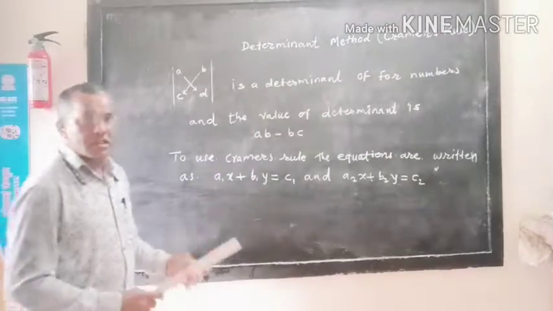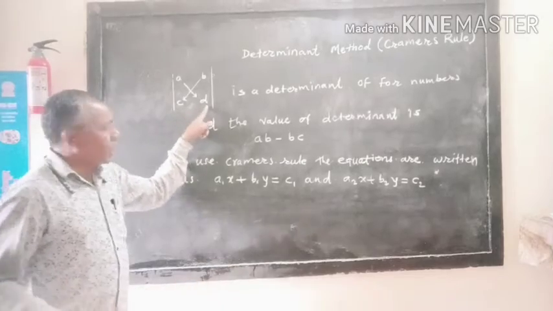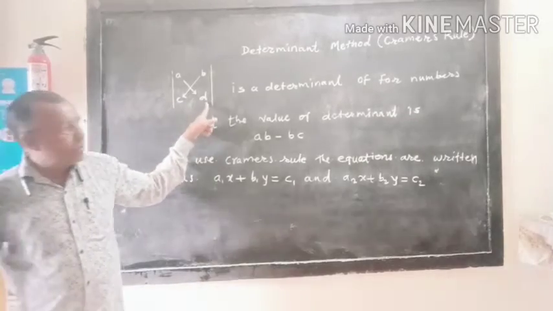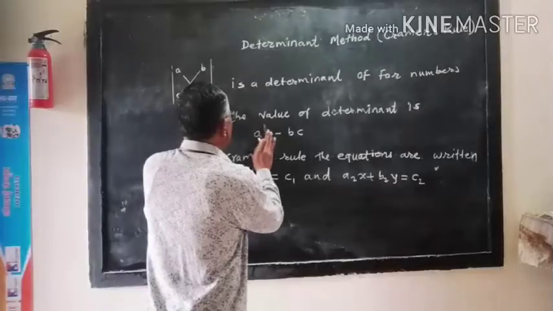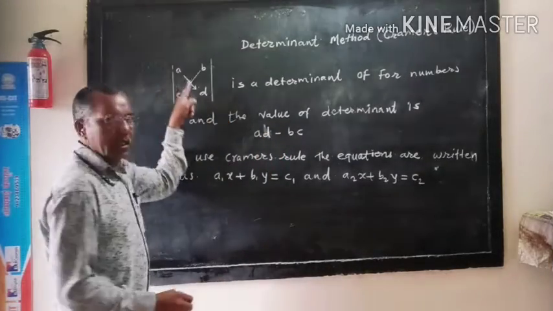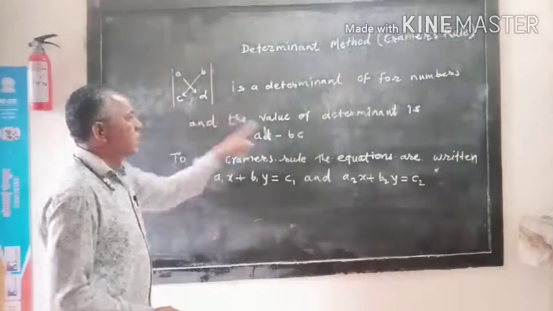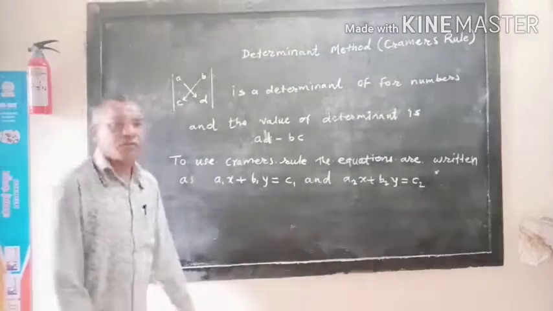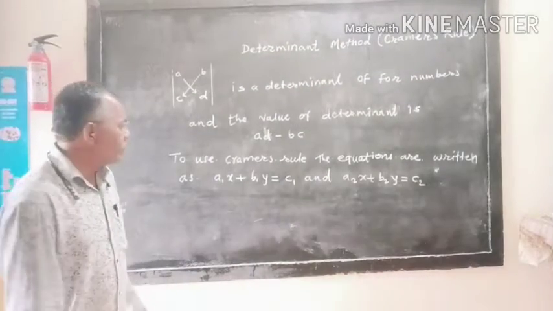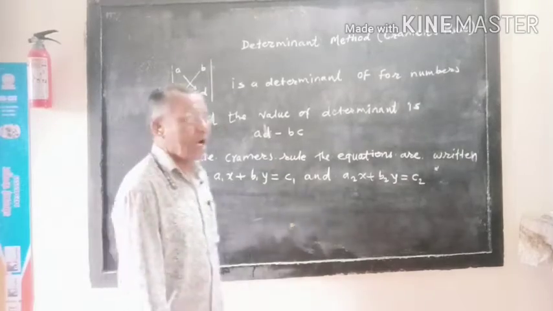Boys and girls, A into D minus B into C is the value of this determinant. To use Cramer's rule, the equations are written as